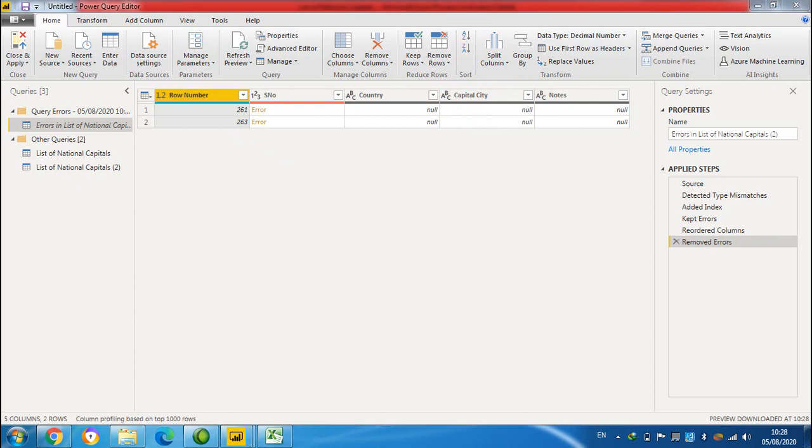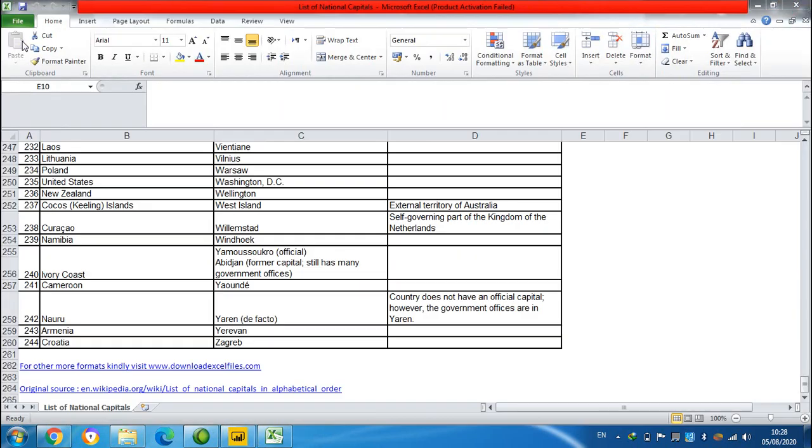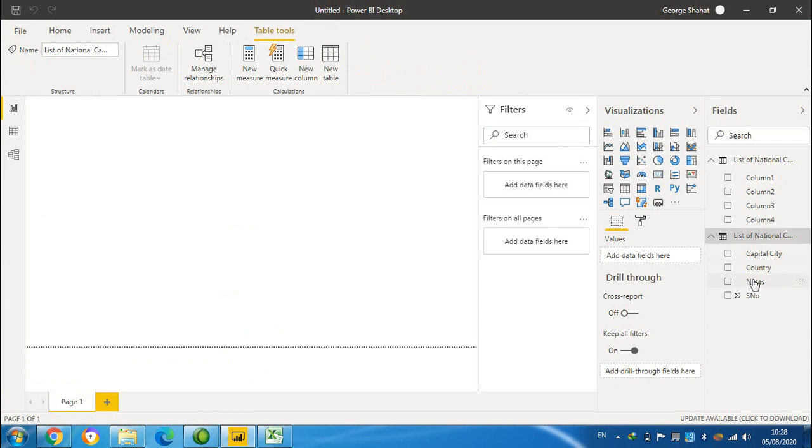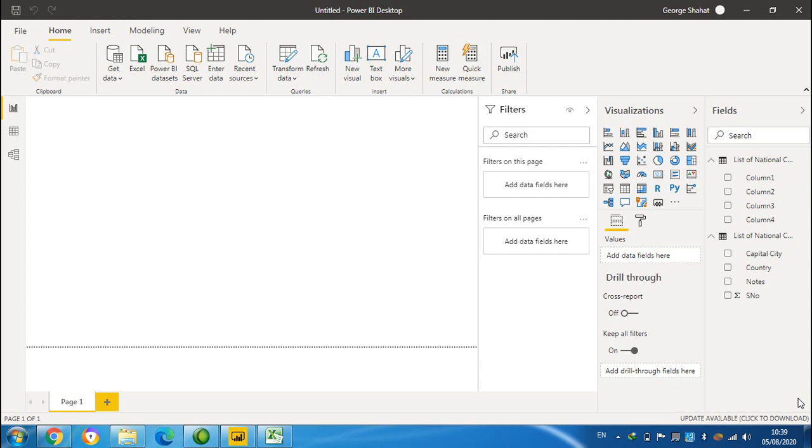Any action I perform in the Power Query editor is recorded here in the applied steps. There is no Control Z. If I need to undo any step, I can just click delete. Now I can click close and apply. I will find that the data is imported to the Power BI window. If I want to check that errors have been removed, I can go to Transform Data